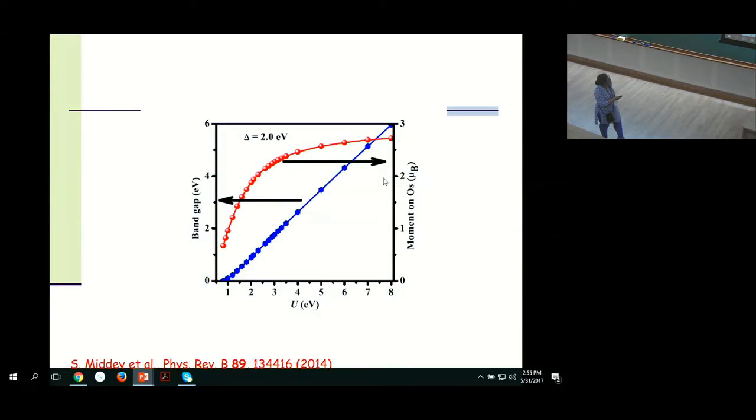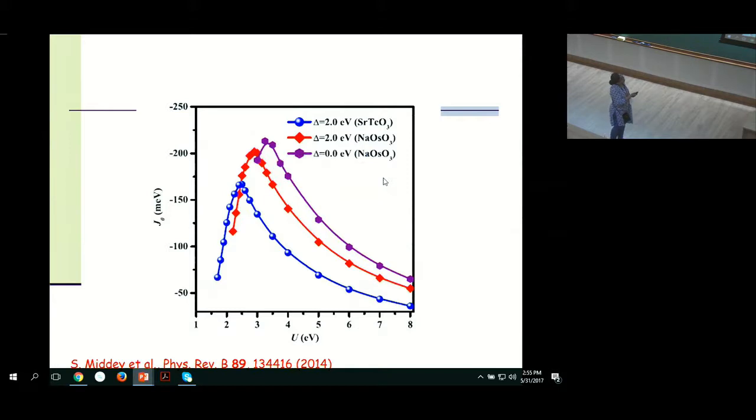and then examining the multiband Hubbard model within our calculations. What we found is that the 5D oxide lies somewhere here, and the 4D oxide here. So sodium osmium oxide could lie on the rising part of this curve, and that's why it has a smaller Néel temperature than strontium technetium oxide. You could find some other osmium compound which could be much higher, and therefore have a much higher Néel temperature than even the 4D oxide. So you could realize a much higher ordering temperature in some other example.